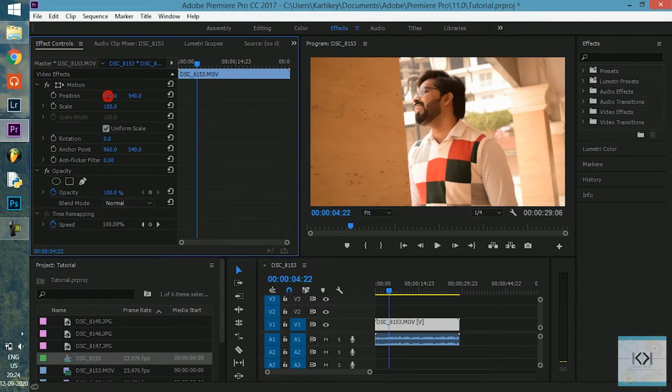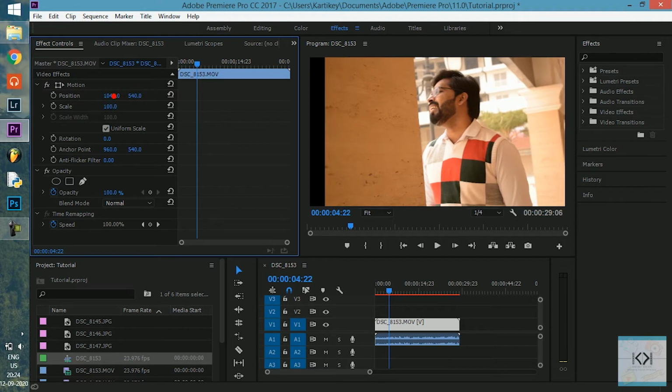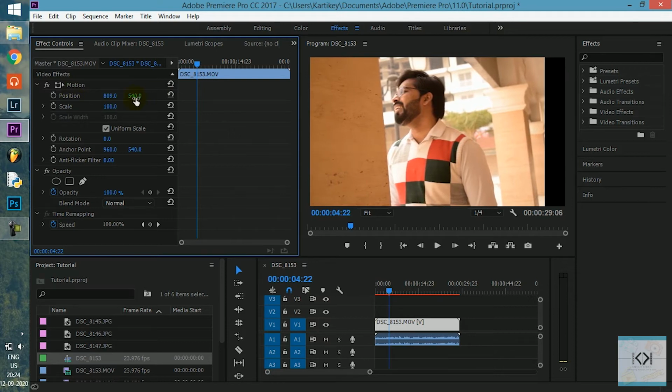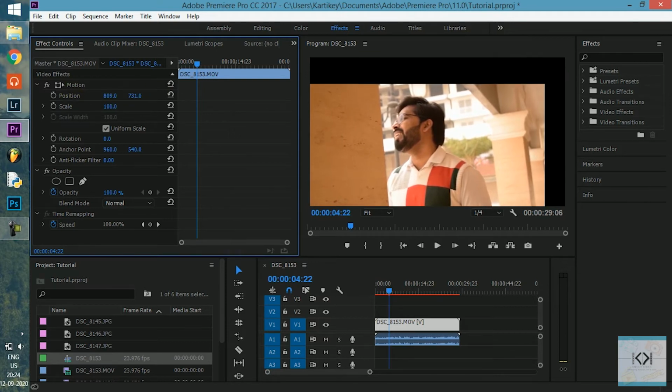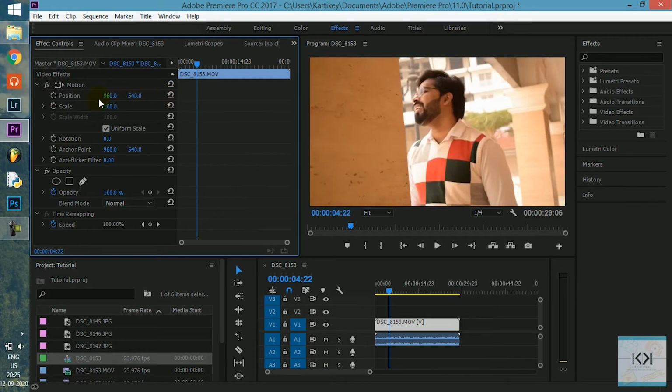When I increase it, it will move to the right, and when I move it to less than the default value, it will move to the left, and the same goes for the Y position. You don't need to worry much about what these values were when you did not change them. You can simply click here, that's reset parameter, so it will bring it down to the default values that were there.